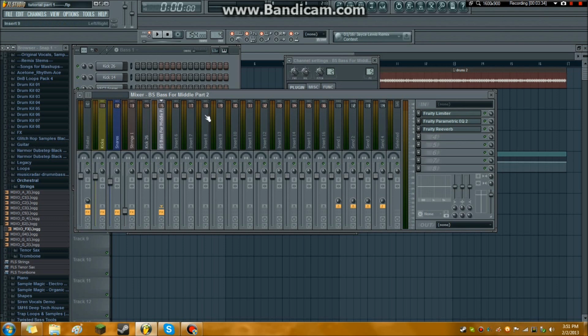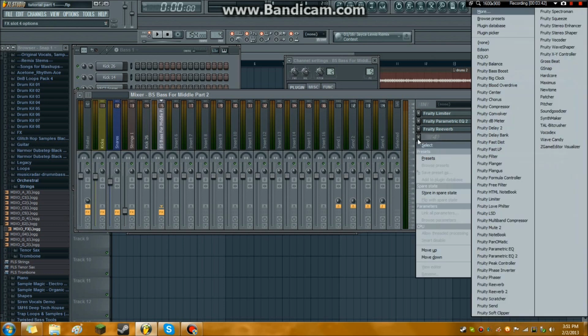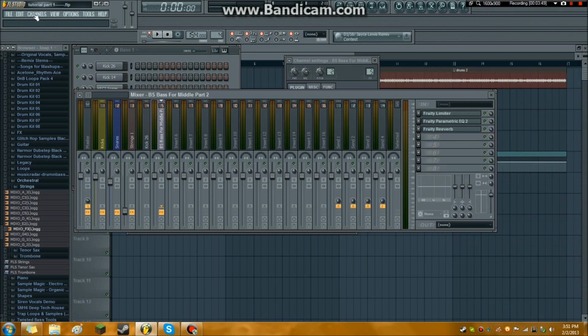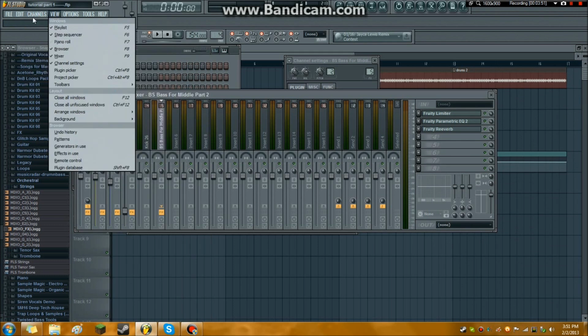We're almost done here. So I just showed you basically the limiter, the parametric equalizer, and reverb and delay, which are some that I use the most, and they're the most simple. But there's a lot more that come with it, and Soundgoodizer is another one that you can use to beef up the sound of a synthesizer a lot. What should I? Well,